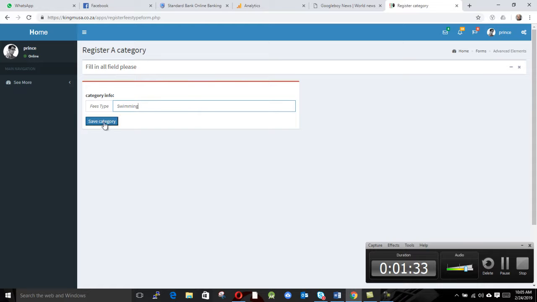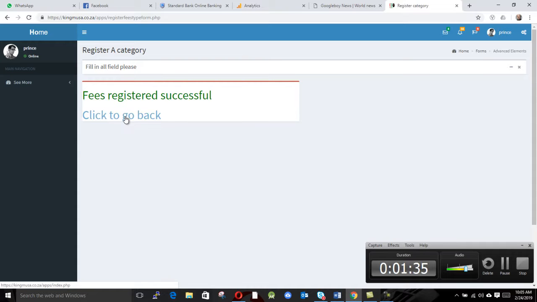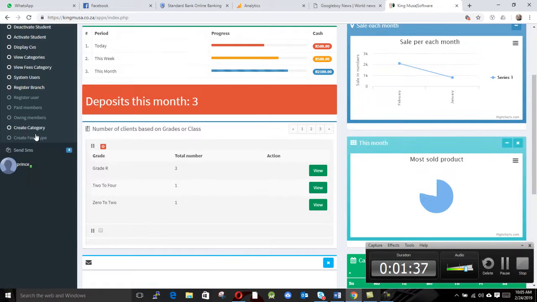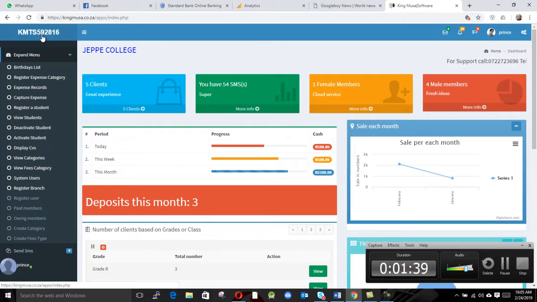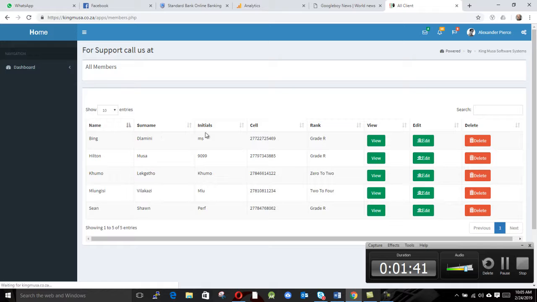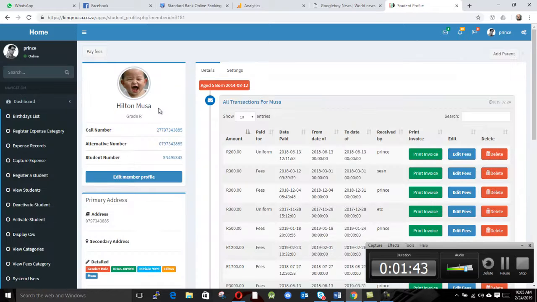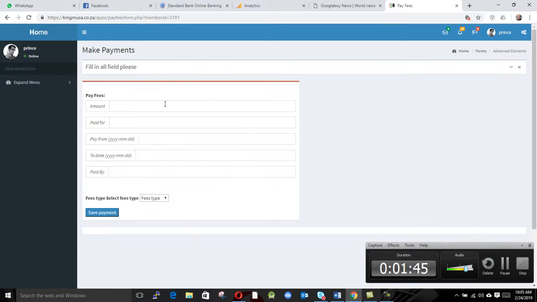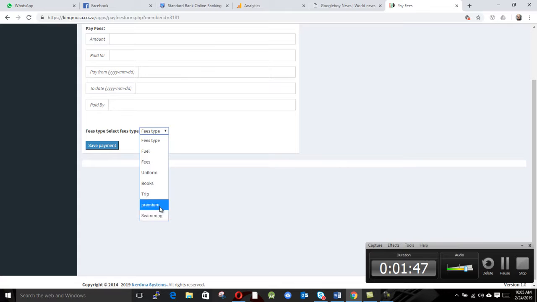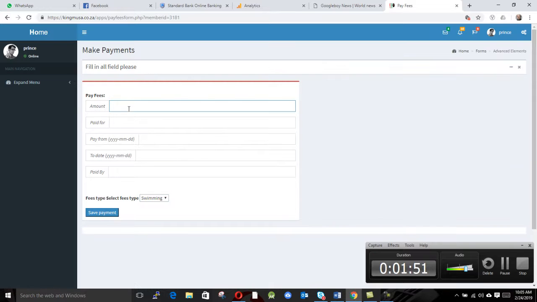So we're gonna put that and say pay. We said create category. We created that fees category or fees type. We can go and view one child here, and we make that child pay for swimming. You can see swimming is here. We say pay, then we say it's gonna be paying maybe 300 rands a month. We said paid for swimming,